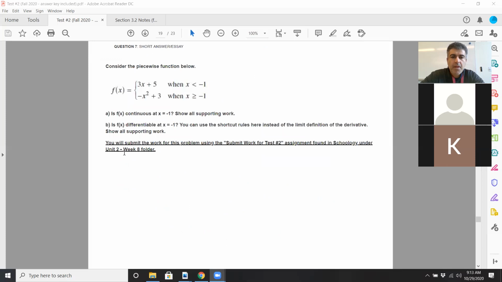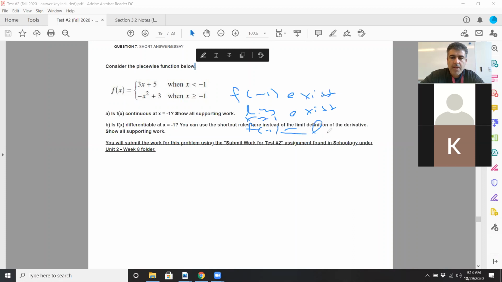Number 7. So here you actually had to show some work, and you guys did great with this. So is it continuous? You have to go through all the rules of continuity. Does f of -1 exist? Does the limit as x approaches -1 exist? And of course, is f of -1 equal to the limit as x approaches -1 of f of x? So yeah, of course it exists. It's right there. So f of -1 is going to be -1 squared plus 3,